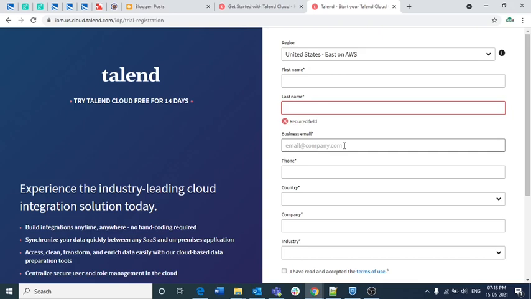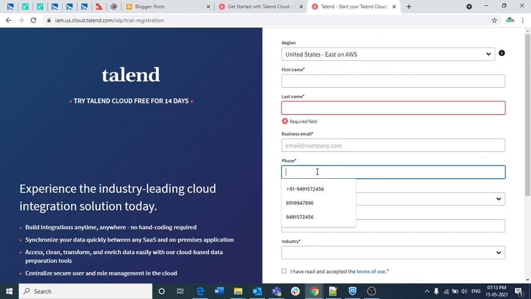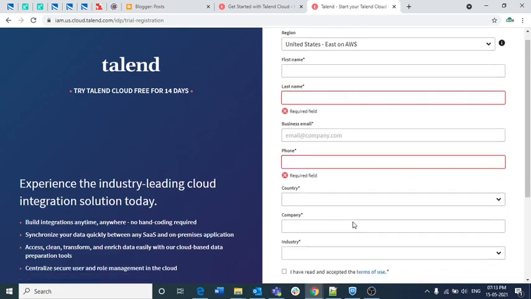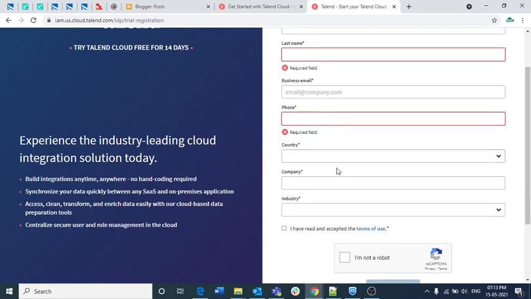But whenever you are using these trial versions, I suggest you use a personal email. Whatever the email may be, give a genuine one, because you will receive a separate email for confirmation and setting the password as well. And for the phone number, give one of your phone numbers and a country code. If it is India, give India, and if it is United States, give United States.